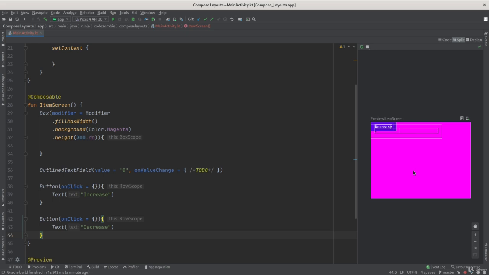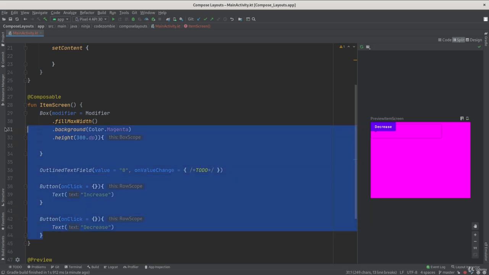In order to fix this, we will need the layout capabilities of Jetpack Compose. The first thing that can help us deal with this is a layout called column. If I put all the composables that I have here, including box, outlined text field, and the two buttons inside another composable called column, I will have a better view for this